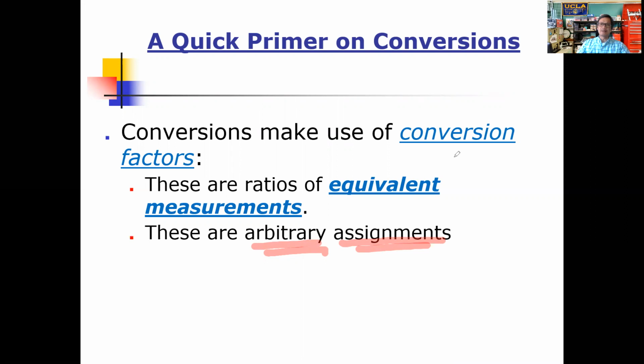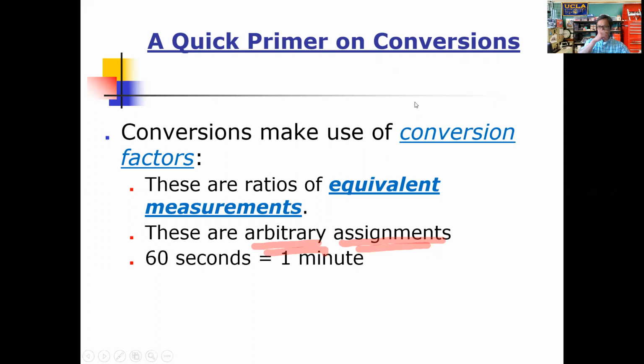So what's an example of an equivalent measurement, you may ask? Well, for example, let's take a look at this here: 60 seconds in 1 minute. We all know that. We all have accepted that fact. But understand this: is it a fact because nature recognizes it? Does nature recognize increments of 60 seconds? Nature does not. The reason why we refer to this as a fact, that there are 60 seconds in 1 minute, is because we as a